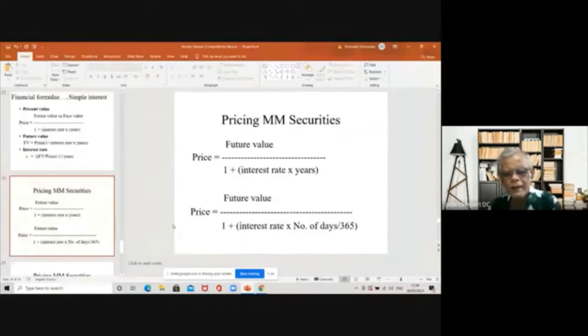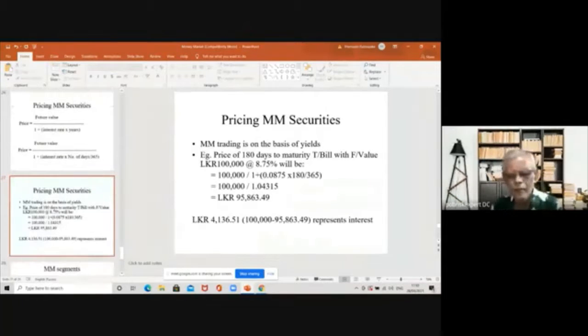Pricing money market securities. Price equals future value divided by 1 plus interest rate into years, as we learned in the previous slide, further amplified. An example. I would like you to pull out your calculator and work this out, please. Although I've given you the answer, I want you to check it out. Money market trading is on the basis of yields. Example: price of a 180-day maturity treasury bill with future value or face value 100,000 at the yield of 8.75% will be,